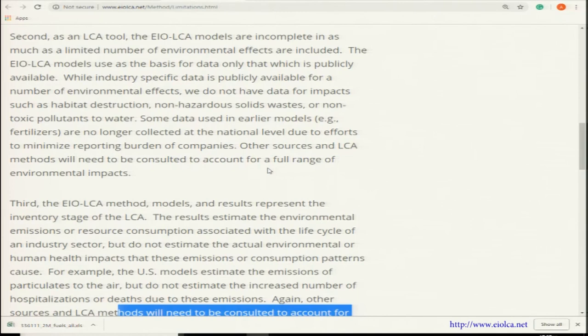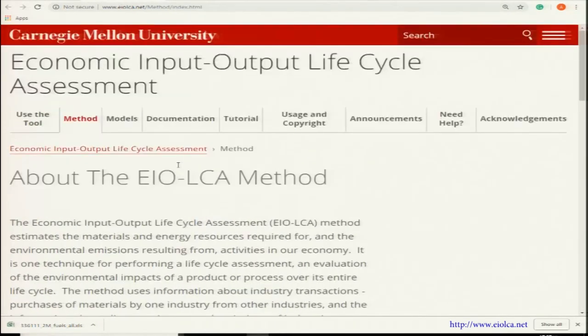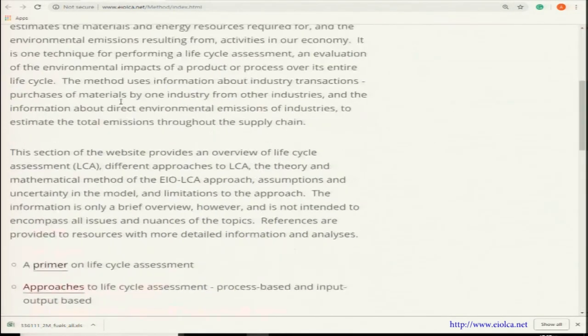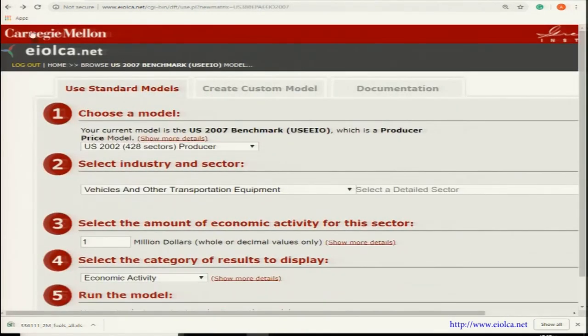What essentially are they telling here? They are telling there are three limitations. These are not drawbacks, these are limitations. That means when we define the goal and scope, within that goal and scope there are certain limitations, the boundary within which this EIOLCA tool works. Now to deal with the inaccuracies in the data, if someone is more conversant with the specific data, you can use the custom model.